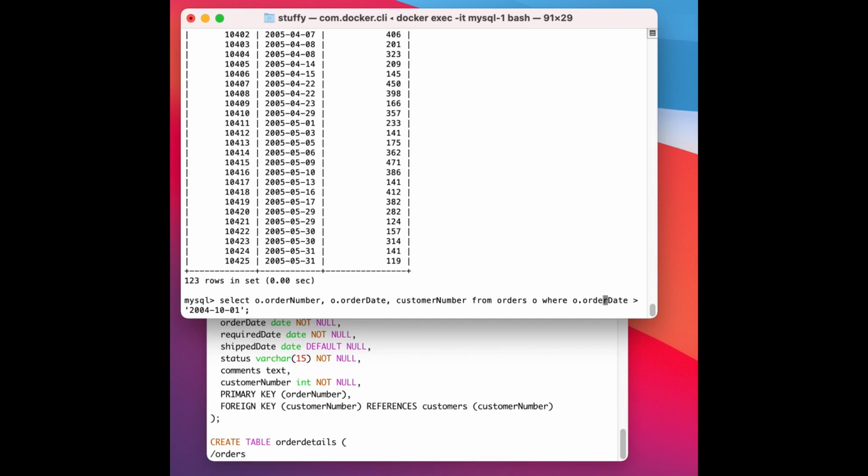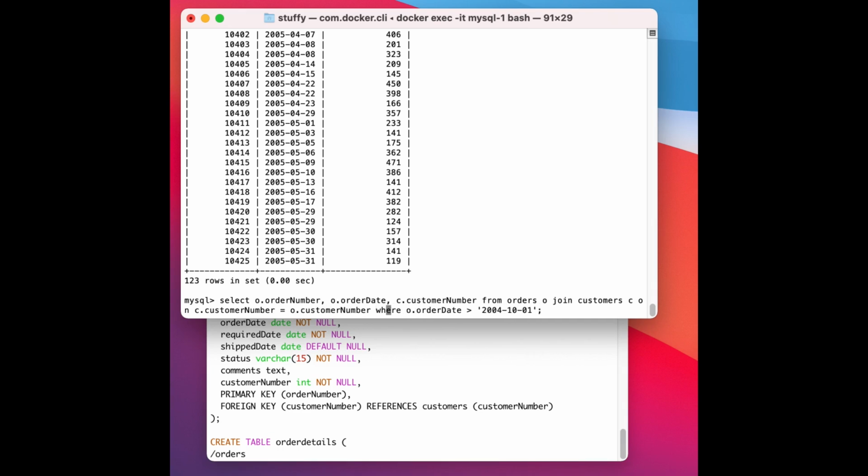So I also said that the state of the customer is null. So to get the state of the customer, I actually have to join my orders table with the customer table. So that's what I'm going to do now. I'm going to join orders with my customer on the customer number. And then I'm going to filter. So where the order date is greater than,